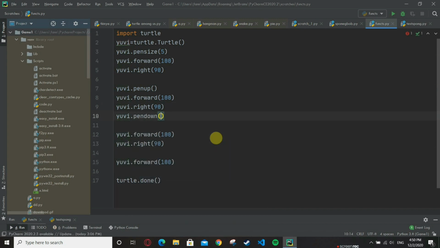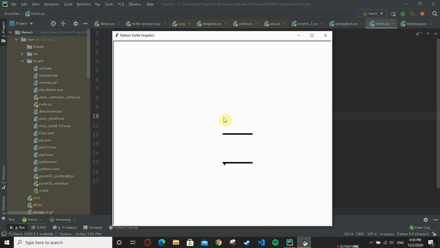So what it does actually, see, it's drawing that thing, but it is not visible to us. It means it pens up from this point and pens down at this point, so it is not going to draw in between.